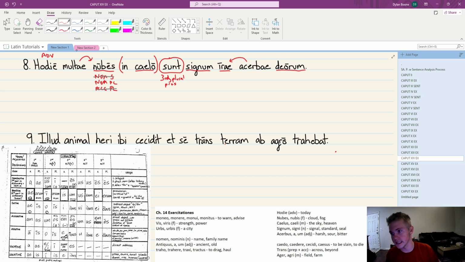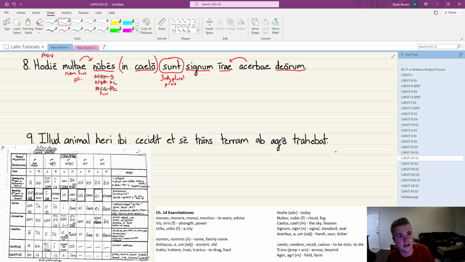Multae, we know nubes is feminine, regardless of whatever case it is. Multae, guess what? Could be nominative plural feminine. It could also, from the first declension, be genitive singular feminine or dative singular feminine, but none of those match up with nubes. So the only option we have is nominative plural feminine, which checks out with one of the 3 options for nubes. So everything agrees there. All the puzzle pieces fit together.